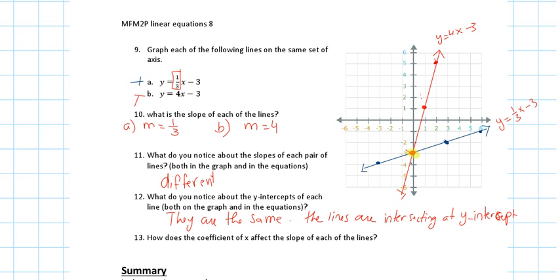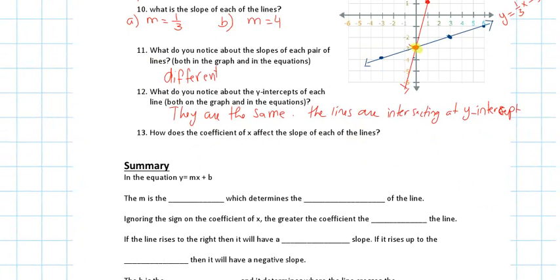Now compare the slope for me. Which one has a bigger slope? 0.3333, which is the blue line, or 4? Which one is bigger? 4 is bigger, right? Because 1/3, that's 0.3333, right? Now, the bigger the slope, the steeper the line. Okay? So the bigger the coefficient of x, which is the slope,